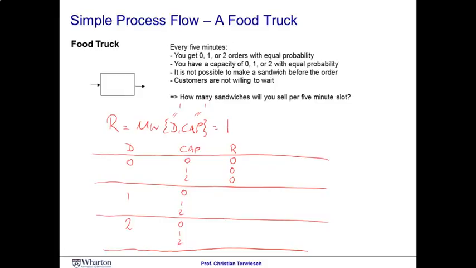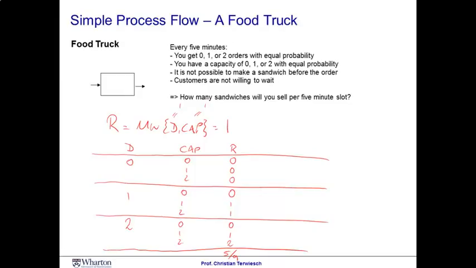If I apply the same calculations, the minimum between demand and capacity, to these 9 rows here, I noticed that the average flow rate is much lower than I initially expected. Remember, each of these rows here is occurring with the same probability, and I see that the average flow rate that I obtained this way is just 5/9. Put differently, I've lost almost half of my flow rate just because of the effect of variability.